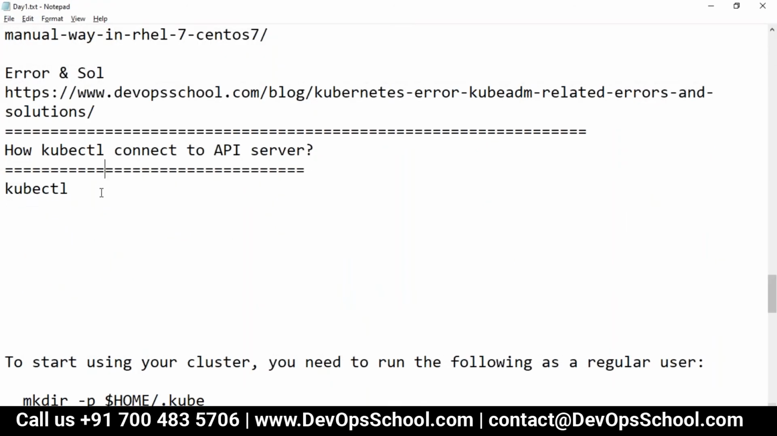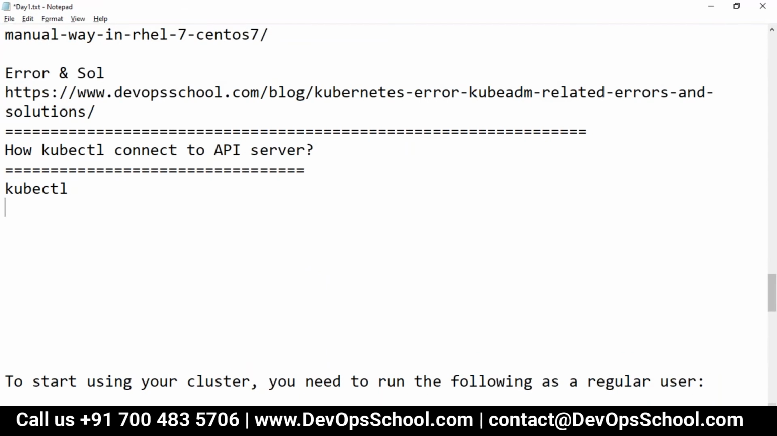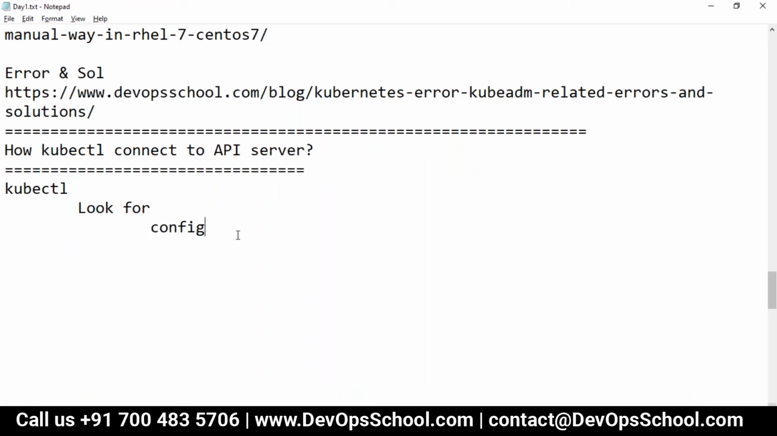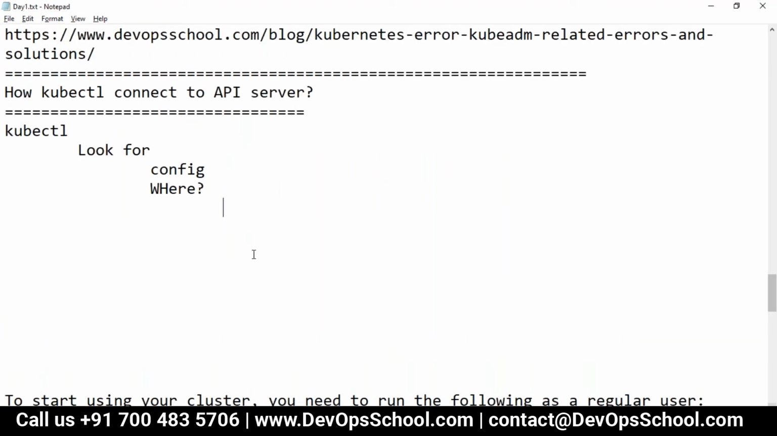So now kubectl looks for one file. Which file? The config file. The file name is config. But where does it look for it? The question is where. So guys, there are three locations for it. I must tell you here, there are three locations. One of the locations is